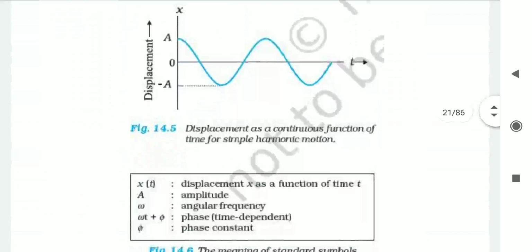So here initially at cos 0 angle we are having the maximum amplitude A. Then as it moves towards the pi by 2 angle, its magnitude is reducing. At pi by 2 radian, cos pi by 2 is 0 and we are getting 0 magnitude. Then the particle is moving towards the negative x-axis from the reference line positive x. So the phase difference between positive x and negative x is 180 degrees. So cos pi is equal to minus 1, and we get the maximum minus A magnitude